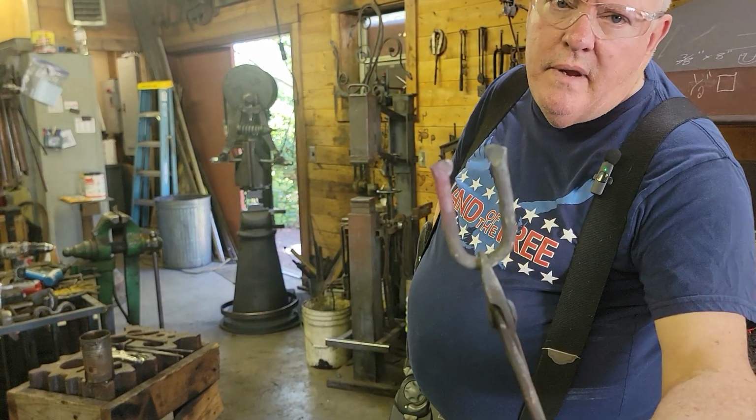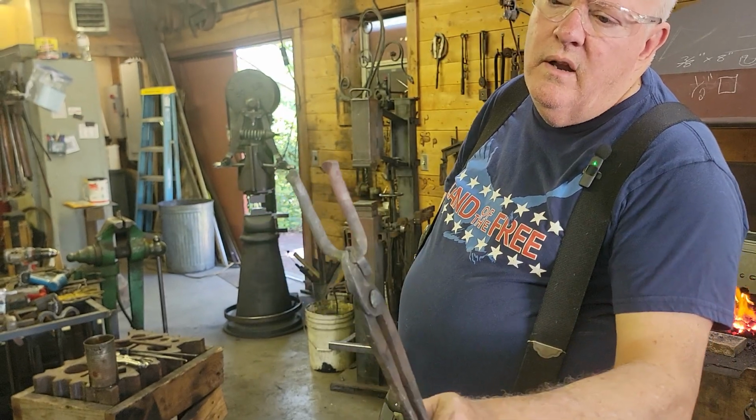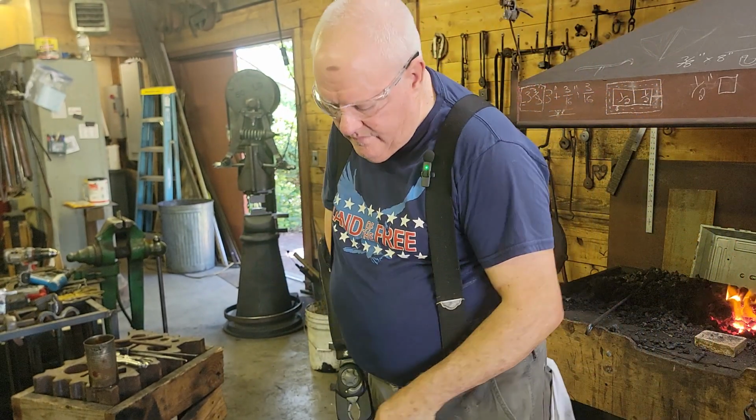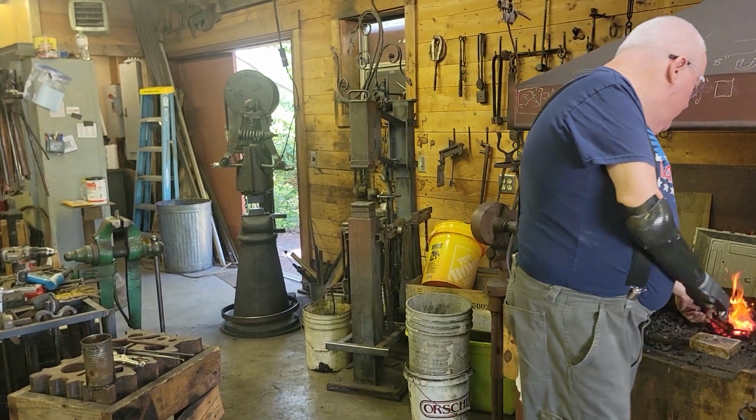Okay, finally I'm back on track here, and this is what we're looking for. The dog ears are on opposite sides, both pointing in. Can feel my tongs getting hot, so